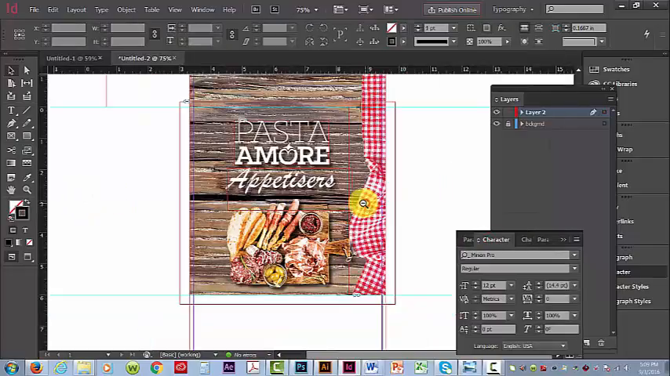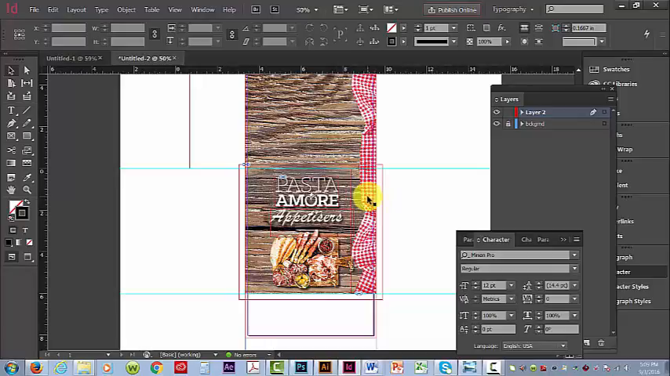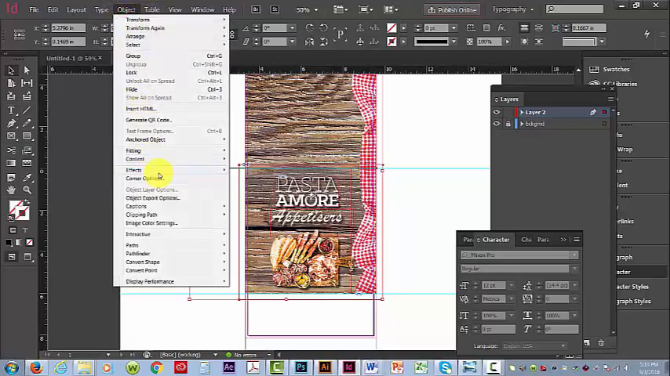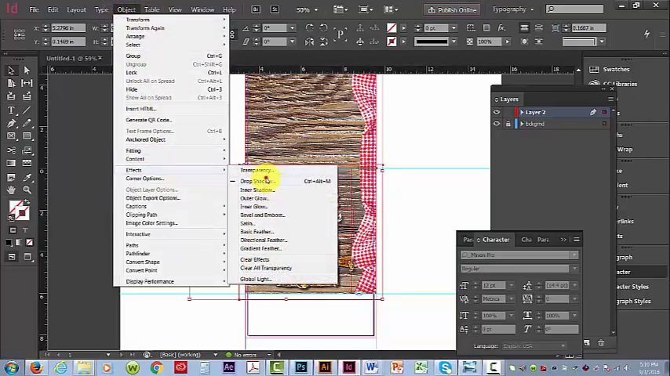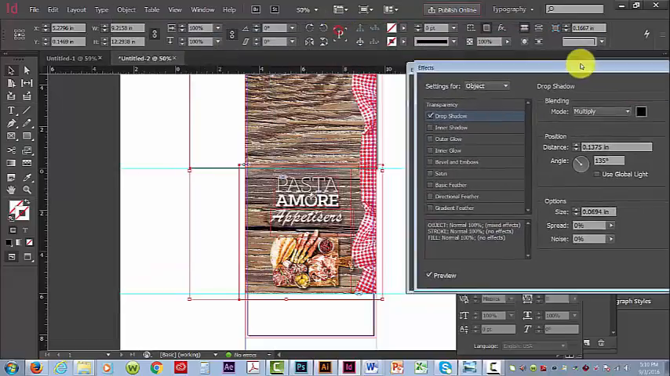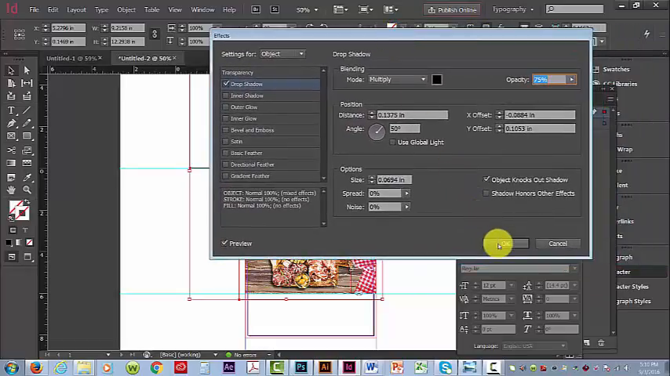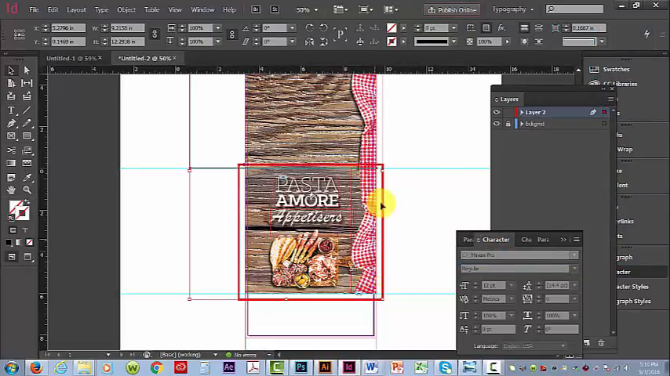All right, so now let's also create a drop shadow for the tablecloths. Object, Effects, Drop Shadow. All right, so you can't see the drop shadow because of the angle, so I'll change the angle so it's 50 degrees, and I did not have both selected, so I'll hit OK, go back down here,